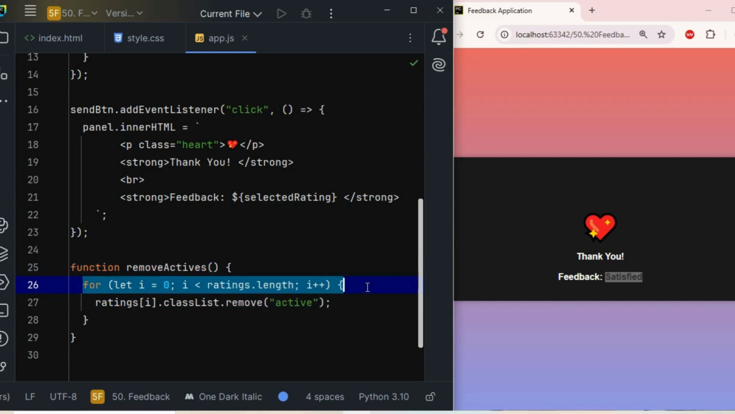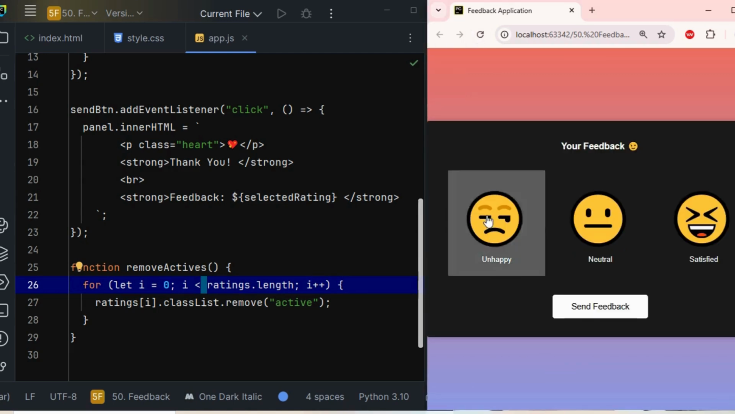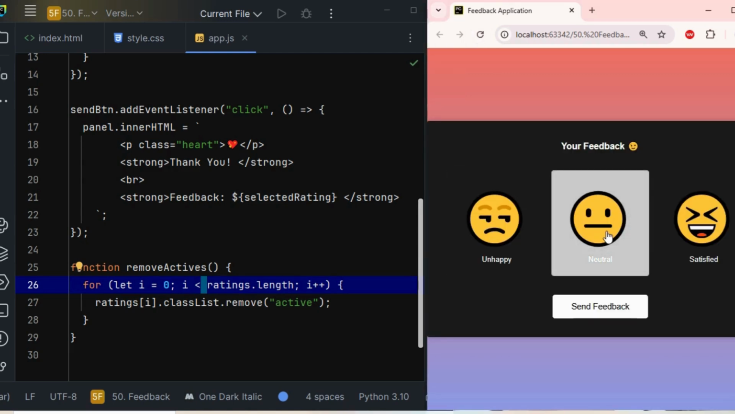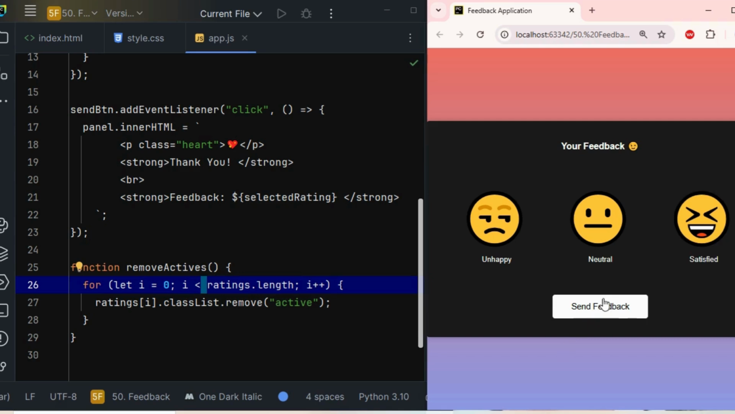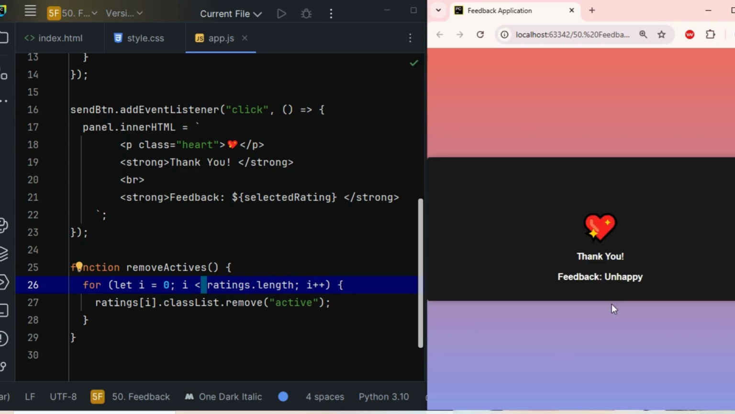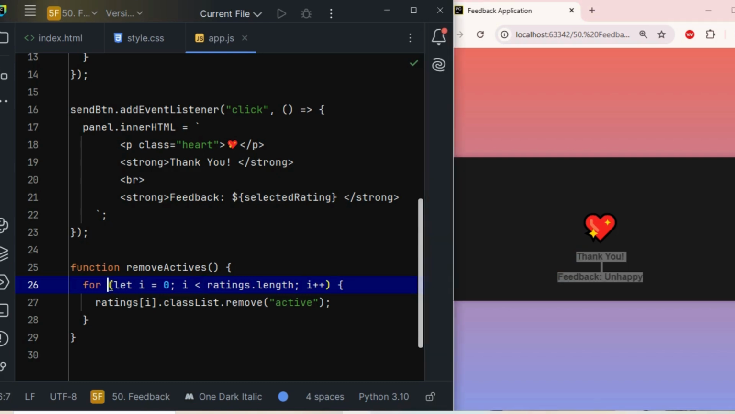for loop to iterate over the values, let i equals 0. Ratings can be three types: unhappy, neutral, and satisfied. I take unhappy, send feedback, and the thank you feedback is unhappy. So for iterating, let i equals 0, i less than ratings.length, and i plus plus, ratings of i, and the classList is removed,